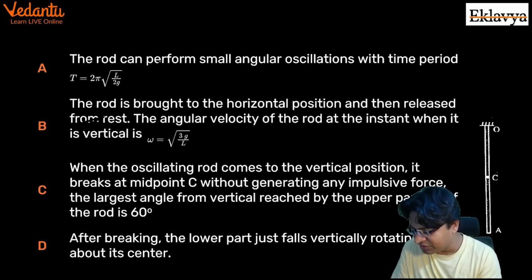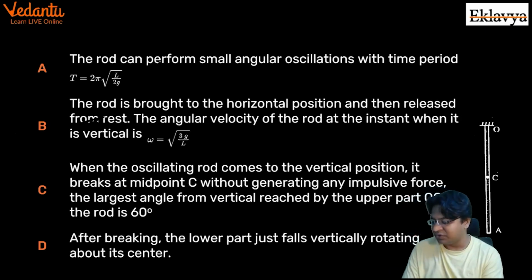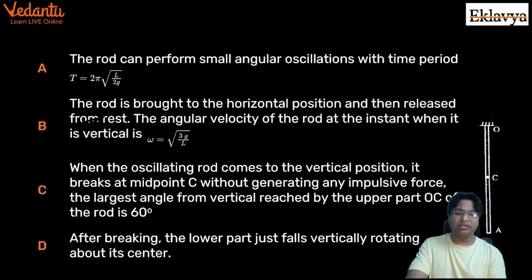The largest angle from vertical reached by the upper part OC of the rod is, okay. Now I think option C is the continuation of what we have studied in option B. So from this position, this part gets broken without exerting any force, there is no interacting force between the two parts,